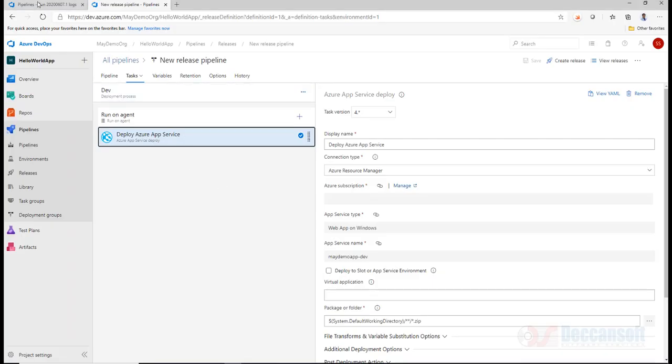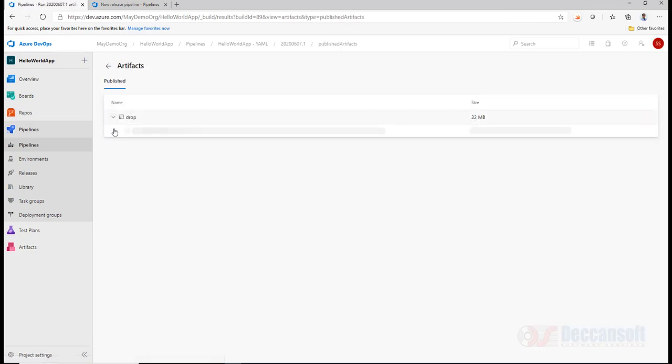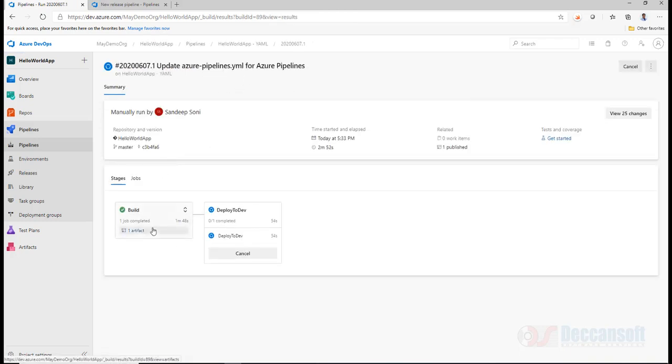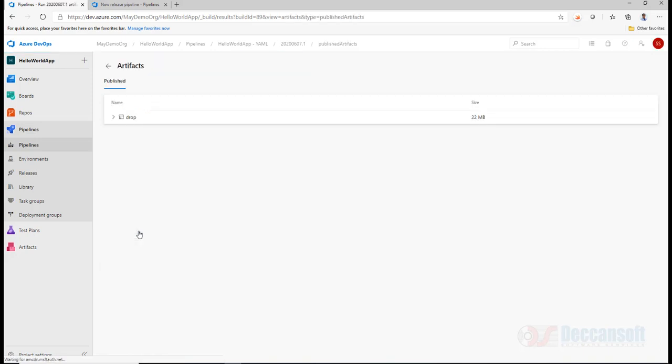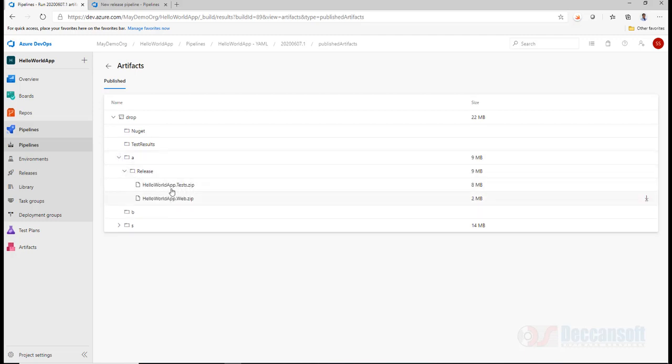So by now, I believe this run should be completed. And you see here, under drop, we will have... not showing up. Something went wrong. You see, actually this is the staging. This is the artifact. Artifact directory.